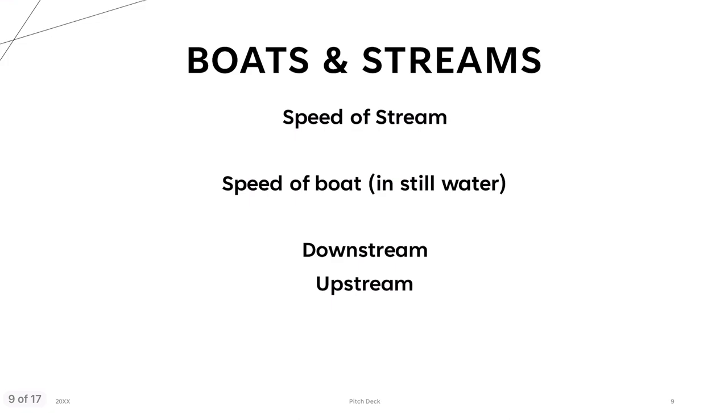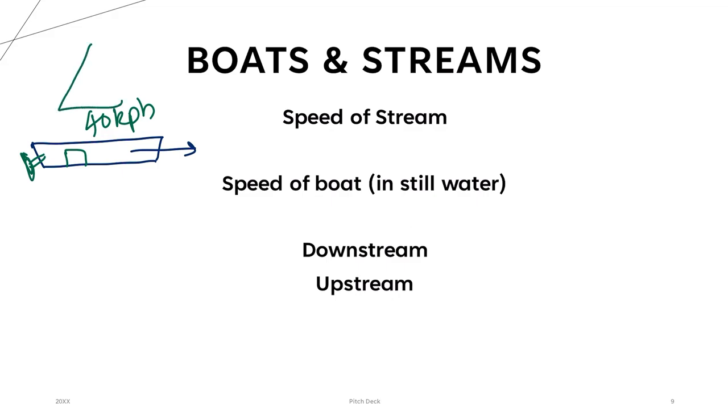So in boats and stream questions, what is happening? See, this is a boat. Because of the motor in the boat, it can go at a speed of, say, 40 kilometers per hour. Why? Because of the motor in the boat, right? There's a fin at the back and there's a sail. Because of itself, it can go at a speed of 40 kilometers per hour. But